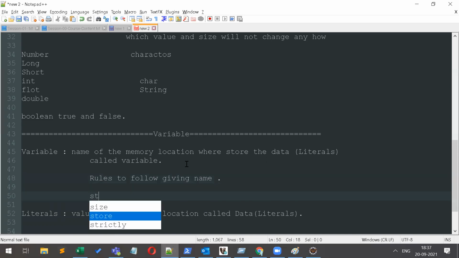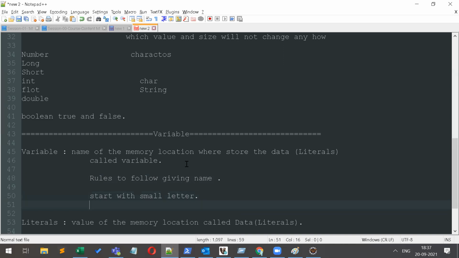First, start with a small letter. While giving the variable name, you have to write it with a small letter only.